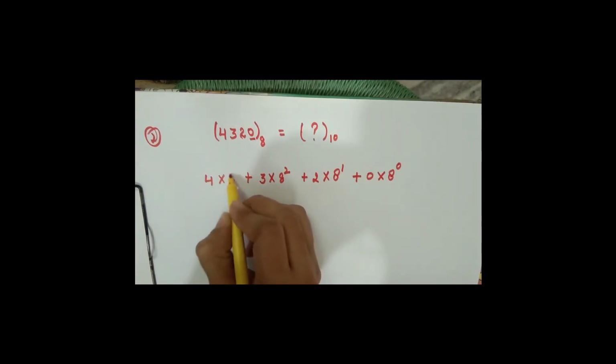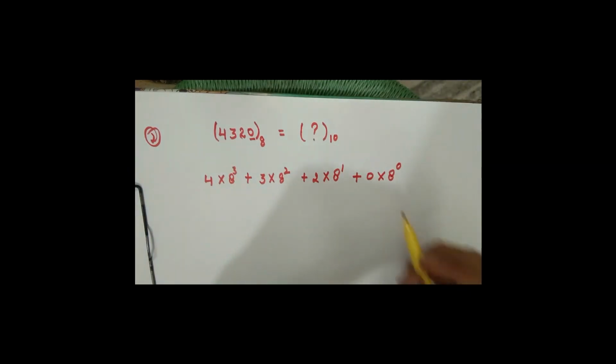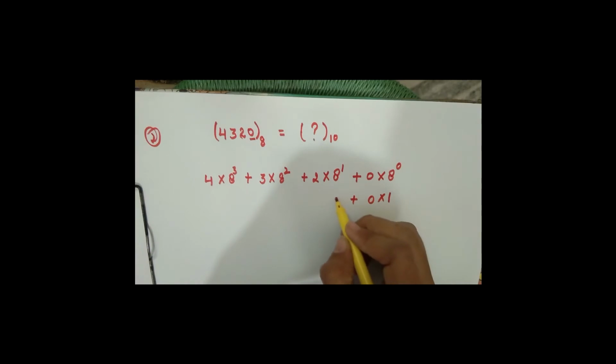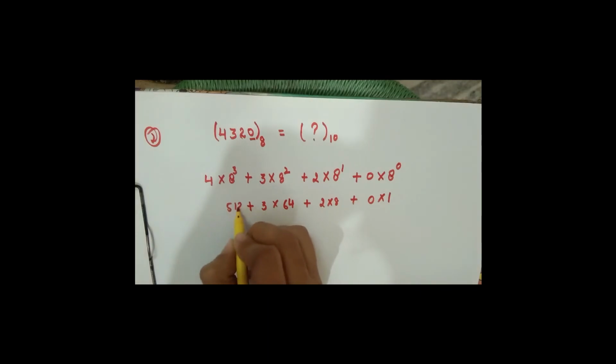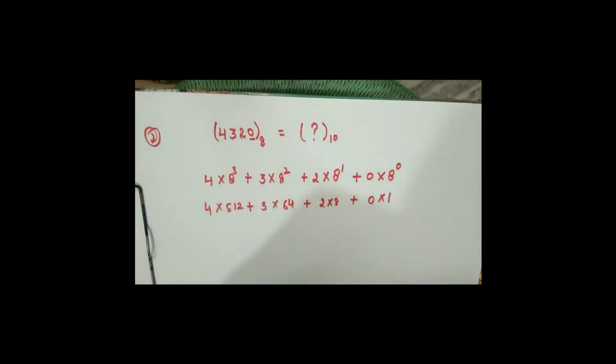4 into 8 power 3. Clear? Okay, now let's solve it. 8 raised to the power 0 is 1 into 0 plus 8 into 2 plus 64 into 3 plus 8 power 3 is 512 into 4. Clear? So now let's total it. Let's evaluate it. 0 into 1 is 0 plus 2 8s are 16. 64 into 3 will be 192 plus 512 into 4 will be